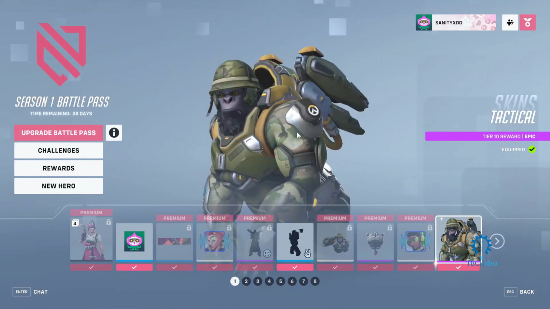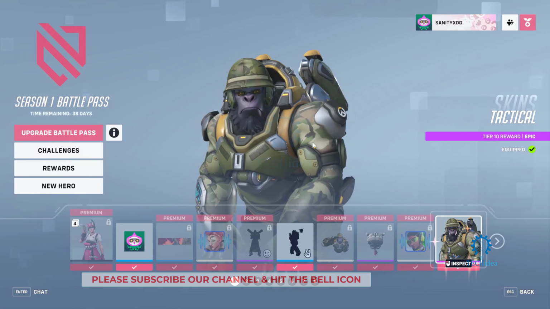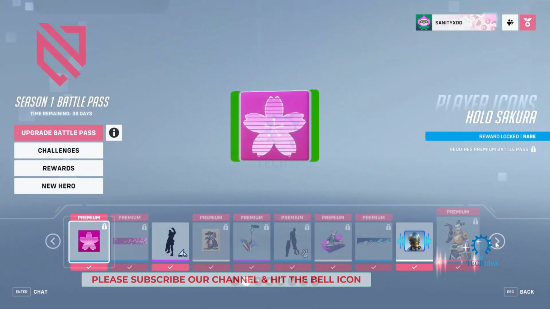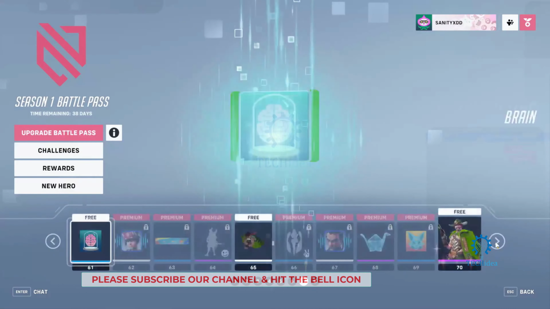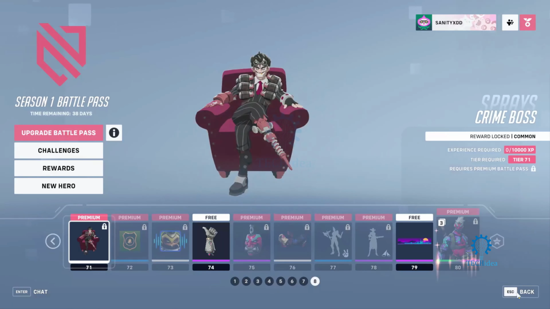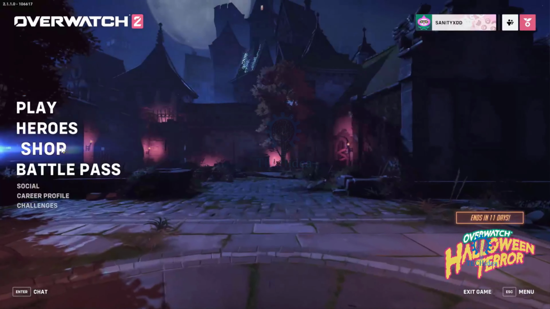Then you get this Bastion, I forgot his name. Anyways, you get this skin for free in the battle pass. And are there any more free skins in the battle pass? Oh yeah, you also get this skin for Cassidy for free. So there are a few free skins obviously, but if you want to get some of the more premium skins,